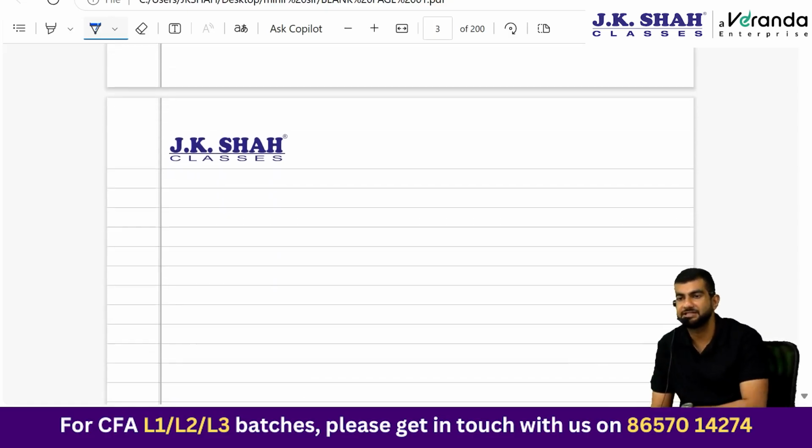Why was this classification important? Because accounting treatments were different. If it is held for trading, be it debt or equity securities, any unrealized gains or losses go where? P&L, profit and loss account. When the debt securities are classified as available for sale, any unrealized gains and losses go where? OCI. But realized gains and losses of debt securities will go to P&L even if it is available for sale. And held to maturity debt securities are always carried at amortized cost, so their unrealized gains and losses are to be ignored. Any interest and dividends received will go to P&L.